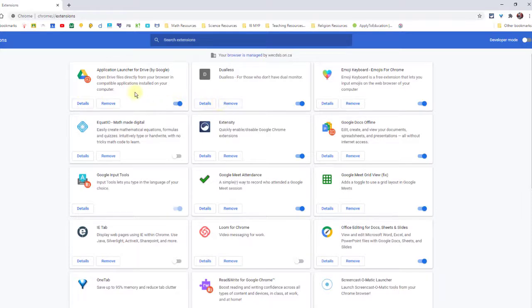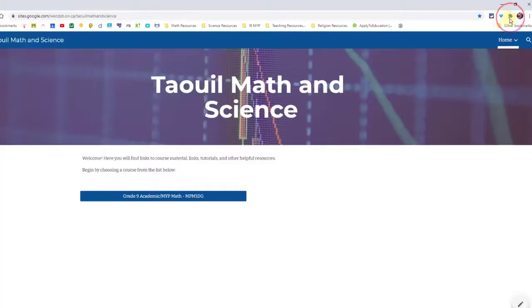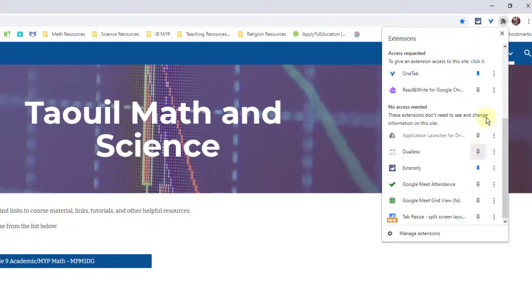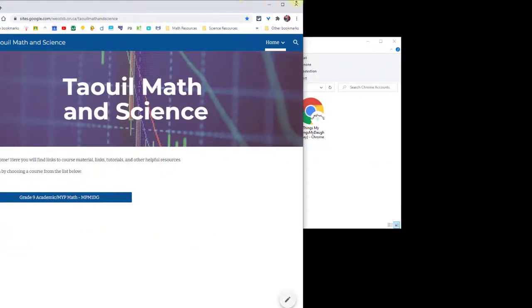You can remove from here. You can turn on and off. Another thing that's important here is the pin. So right now I only have 2 extensions pinned, OneTab and Extensify. OneTab is essentially an extension that condenses all of the tabs that you have open. So if you have a number of tabs open and you want to condense that into one tab, that's what it does. I could show you really